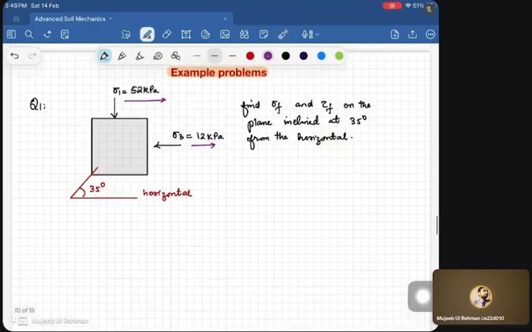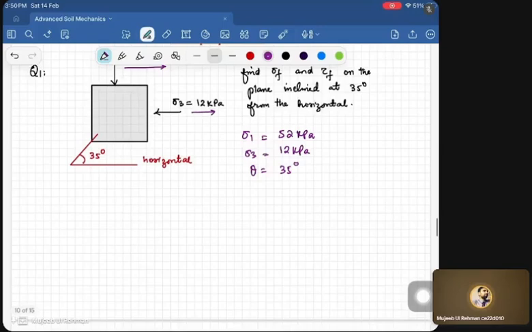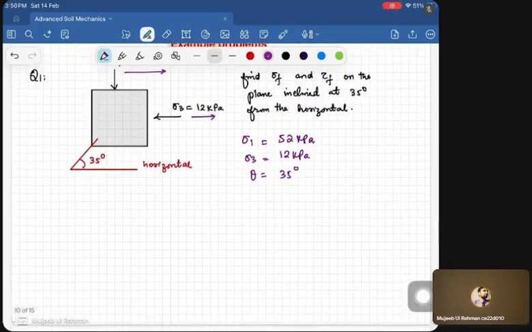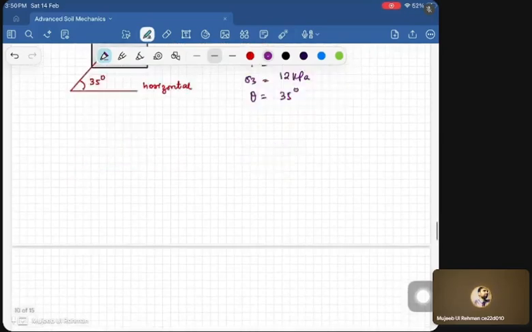Either you can use the Mohr circle, like you have been given sigma 1, which is 52 kPa, and sigma 3 is 12 kPa, and theta has been given to you. Theta is equivalent to 35 degrees. So there are two ways. Either you can use the Mohr circle for determining the sigma f and tau f. How? We know that